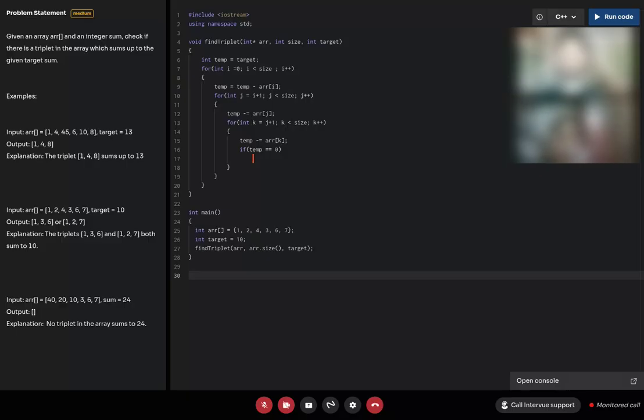How would I store the data element that sums up to temporary? No, this thing I cannot do. No, I do have access to i, j, k, right? I do have access to i, j, k. The temporary is equal to 0, so I can just